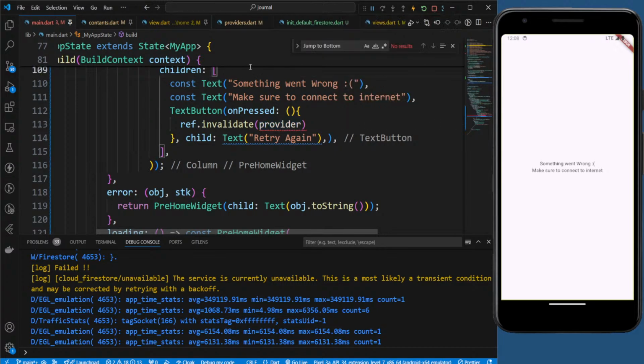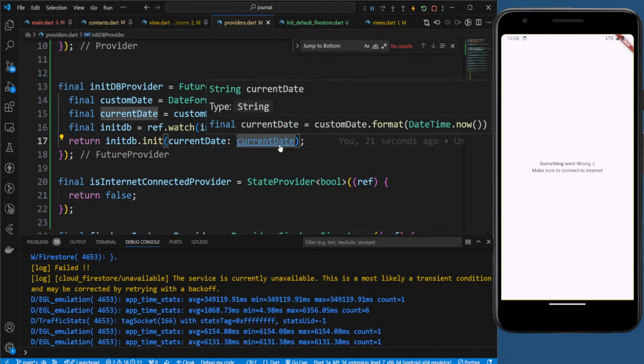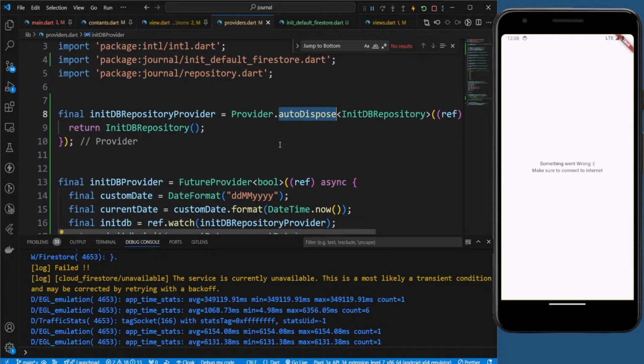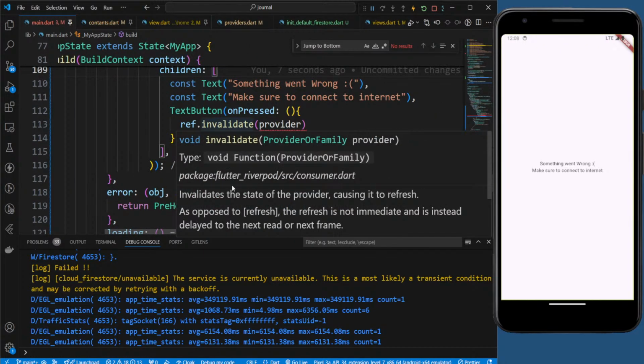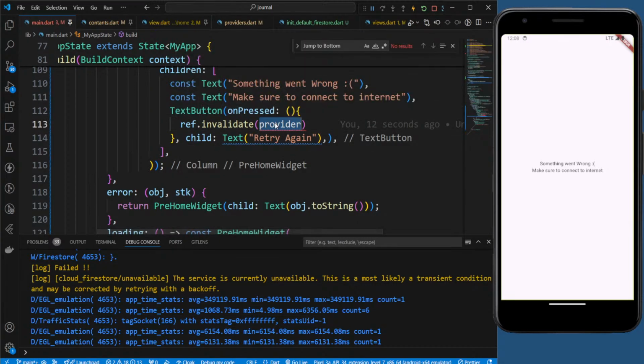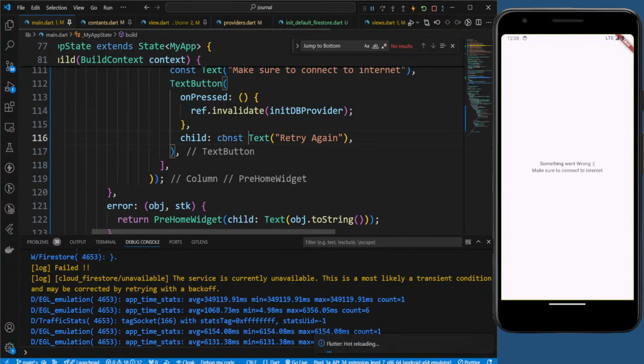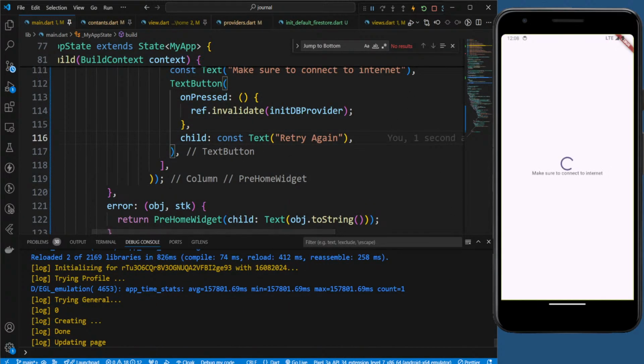Okay, I got that. So here, if you invalidate it, right, it says invalidate the state of the provider, causing it to refresh. Okay, now we need to put the DB provider here. Okay, now everything should get working. So